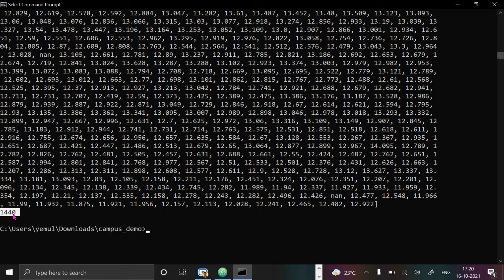If you closely notice, here you can see one NaN, not a number. So this particular minute data was missing. For that missing data, the resampling program has inserted a NaN. Like this, there is one more NaN here which I can see, and so on. So at 10 places out of the 1440, this NaN has been inserted.